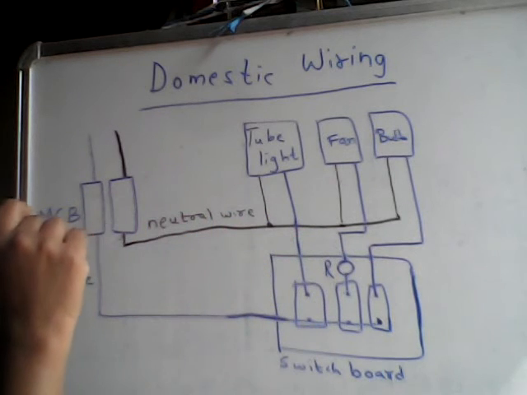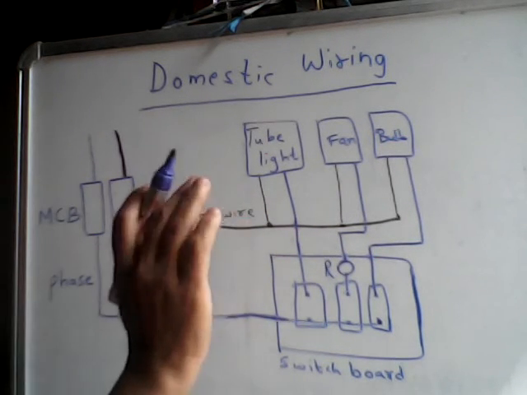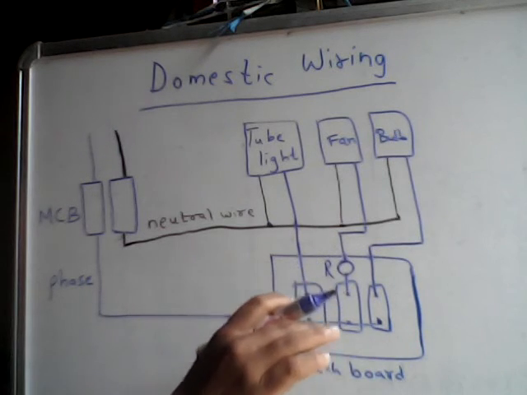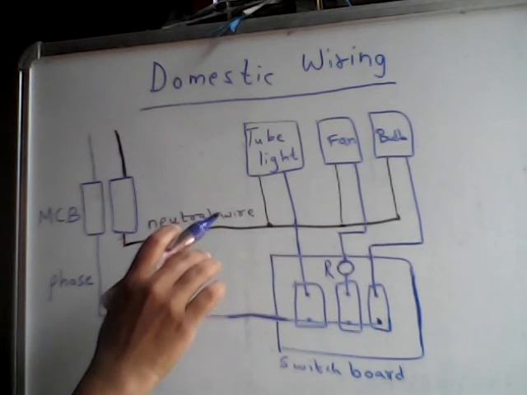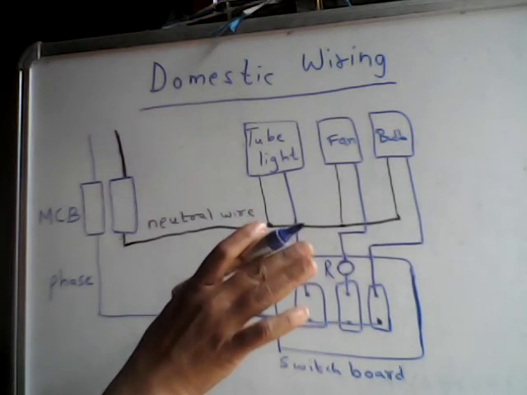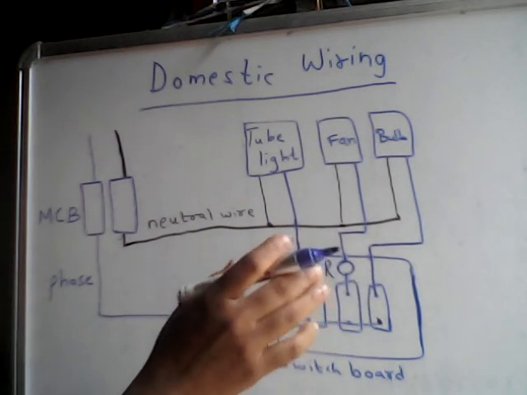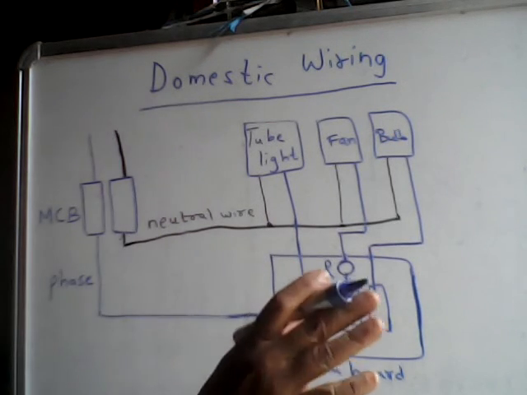And one more thing here is, for appliances which are using more power, usually a 15 ampere current source can be utilized, and if the appliances are using less power, then one can use up to 5 ampere of current. This is all about the